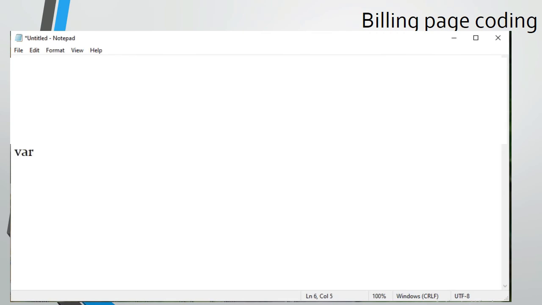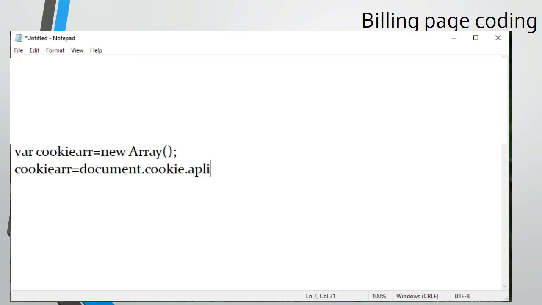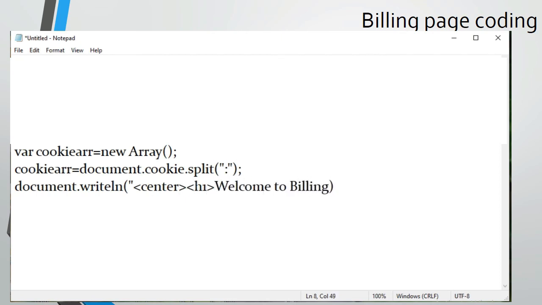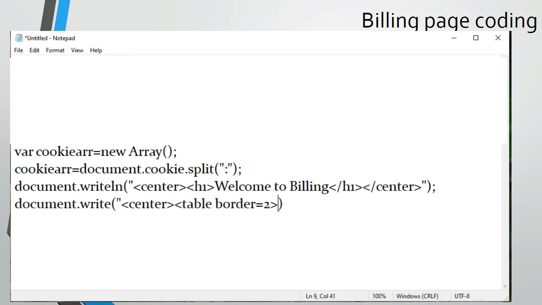Now we are going to create the bill.html file. This file will be called by the function onCart when the user clicks on the proceed button. So in this file, first of all, we have defined a function named myFun. The function is accepting data from the cookie and storing it in an array. Then we are converting the data into numbers by using the function parseFloat and adding it to total. Finally, we print the value of the total.